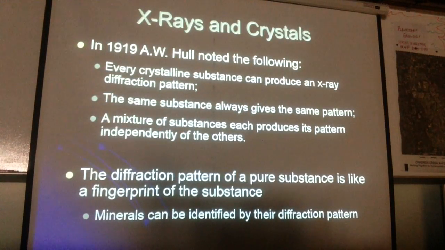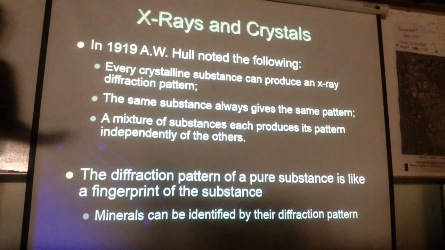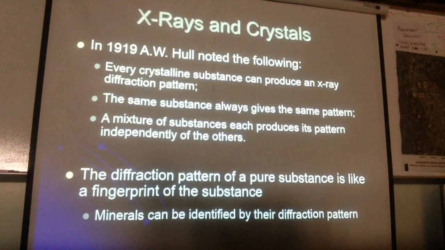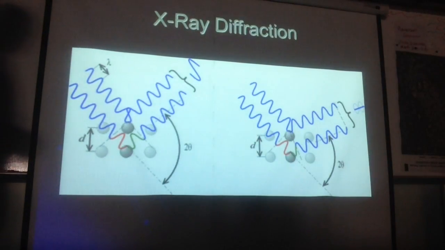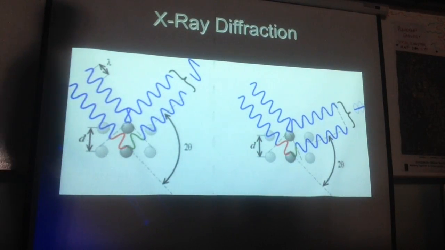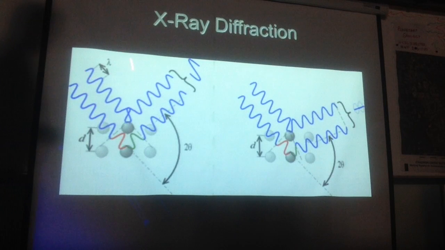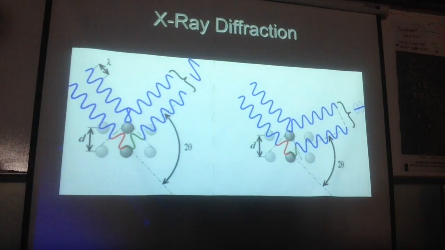So, what does that actually look like in the machine? What does the machine actually look like? What is it actually doing? Well, usually inside the machine for X-ray diffraction, you have your wavelength, you have your 2 theta angle, which is